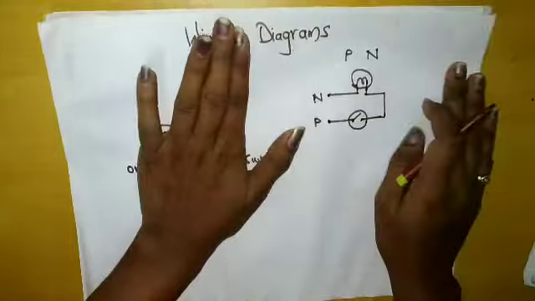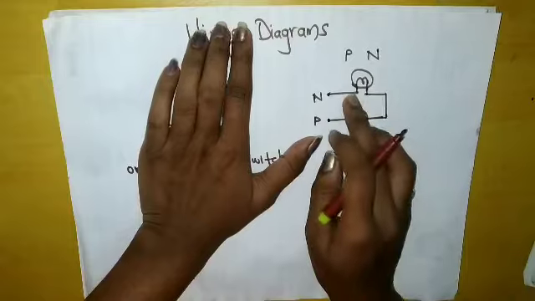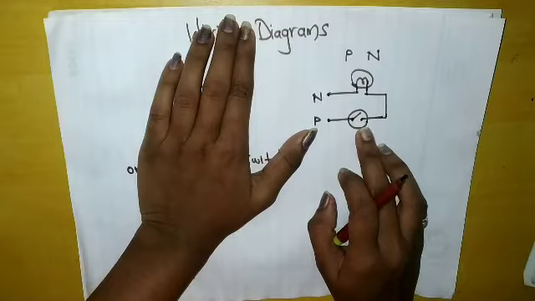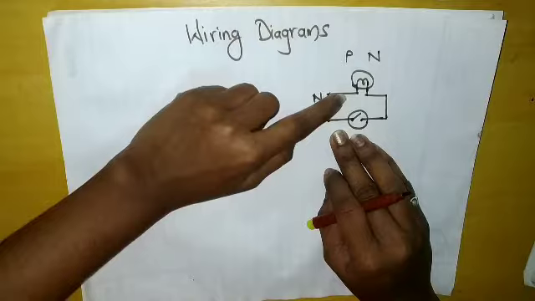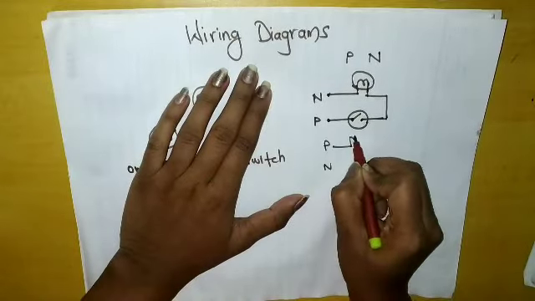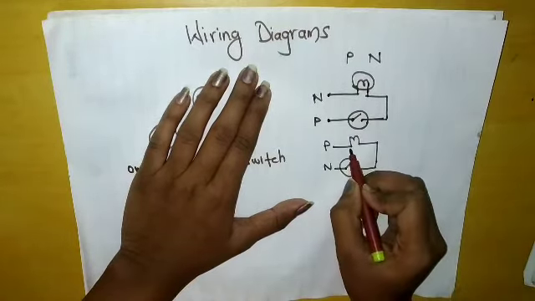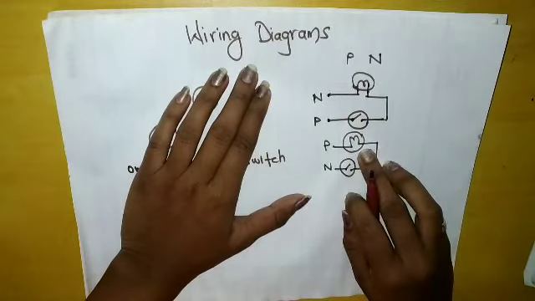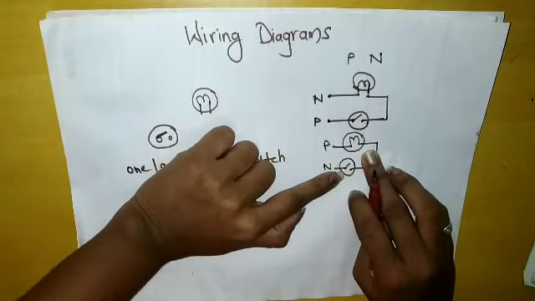The main thing to remember is that neutral we give to the appliance, and from here we can loop it, that means we can take it forward to another appliance. And phase is always given to the switch. Now consider, what will happen if I give this phase to the appliance? So consider this diagram and this diagram. In this diagram, I have given the phase here to this bulb. Will this bulb glow? Obviously it will glow, because it is getting phase and also neutral.